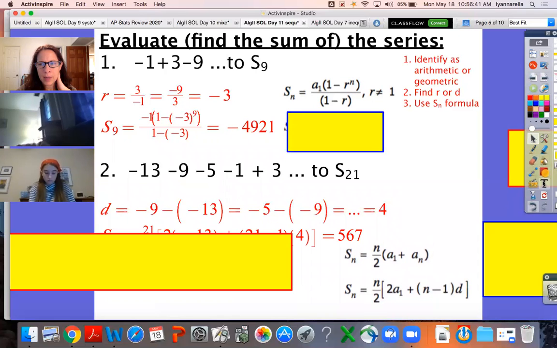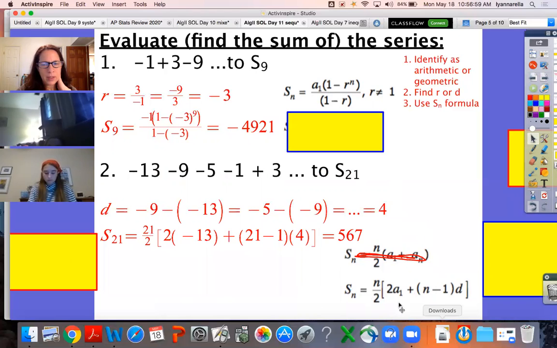So since I am unable to use this one, I'm going to focus on the bottom one. So n is 21. Remember your subscript. a1 is -13. It's in the first place. And d is 4. So if I plug all of those in, and by the way, this second formula works